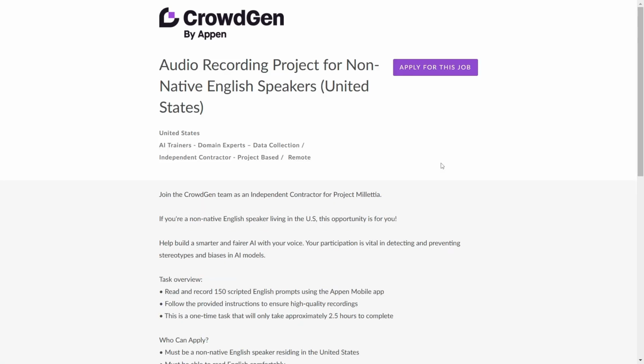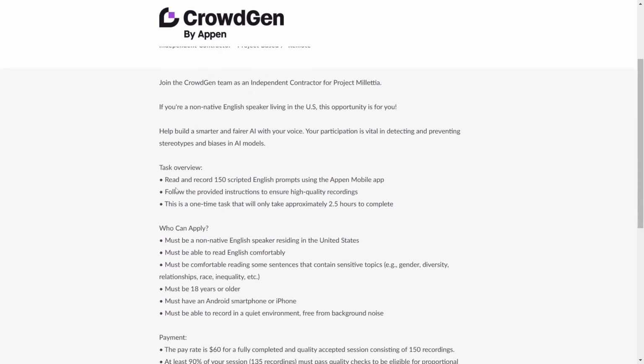and then you can see the requirements for the job. So here it is. You can see that it's based in the US. The job is AI trainers, data collection. You can see the details about the job here, and then the task overview: read and record 150 scripted English prompts using the Apple mobile app. Which means